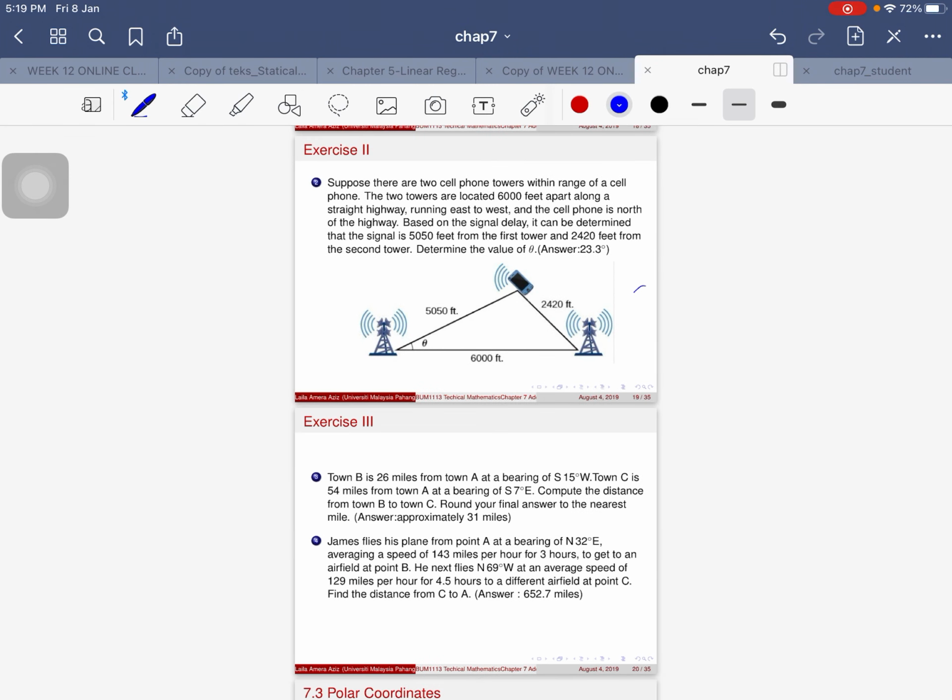So for the first one, I gave you a sketch just for you to start to familiarize yourself with the topic. But for B and C, for question number 3 and number 4, you're going to start sketching on your own based on the information given. So you have to get familiar with this type of question. Right, so give it a go and then I'll